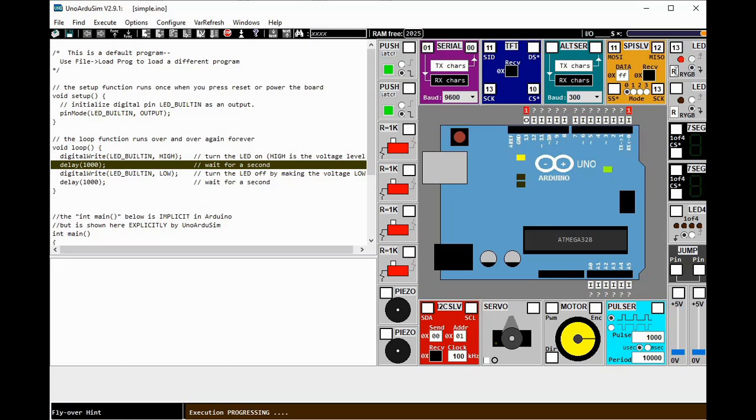So if you want another color such as yellow, just type letter Y, so it will now change to yellow. Then if you want green or blue, depending on your application, you can change the color of your LED.